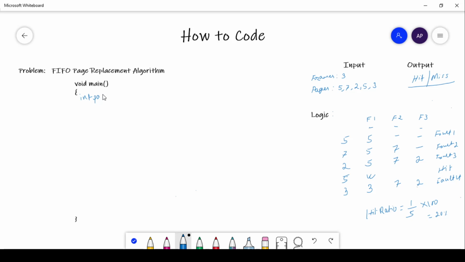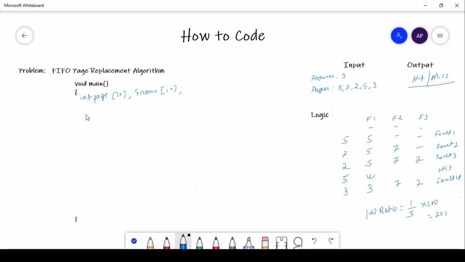Now the index value, say 10, you can take any other value. Next variable, another array for frame, also 10.